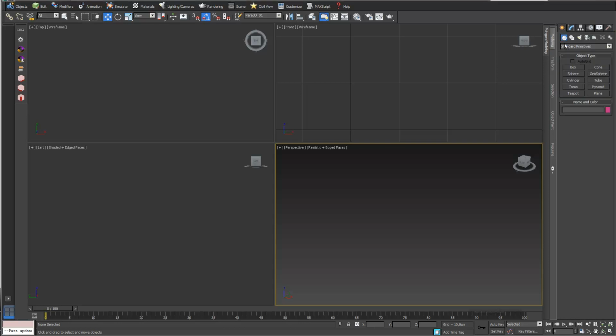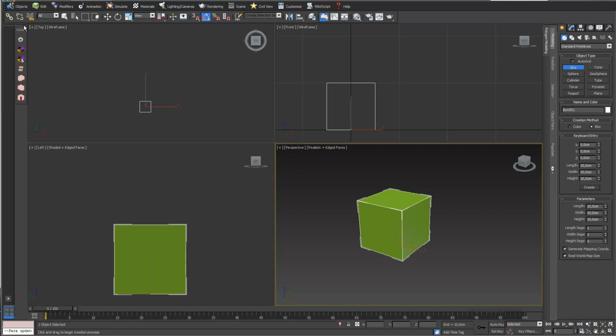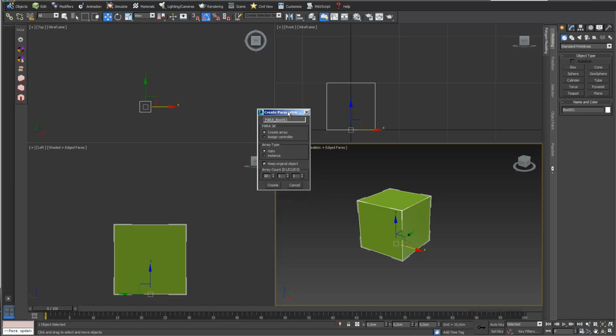This video gives you a short introduction into para3D. I just create a box 10 by 10 centimeters and I open my menu para3D, and I have actually two options. I can just assign a controller to this object, or I just create an array,